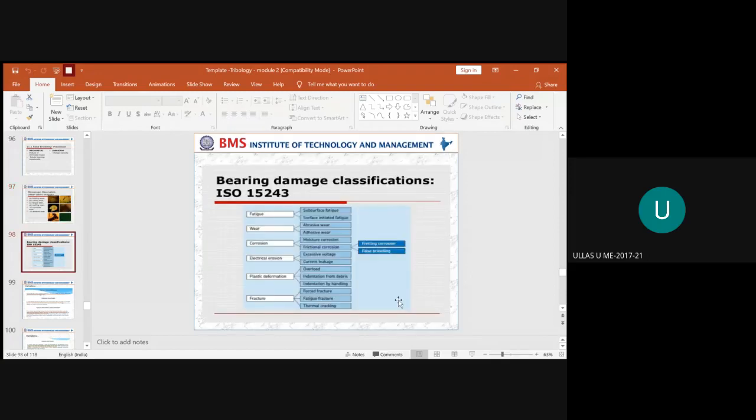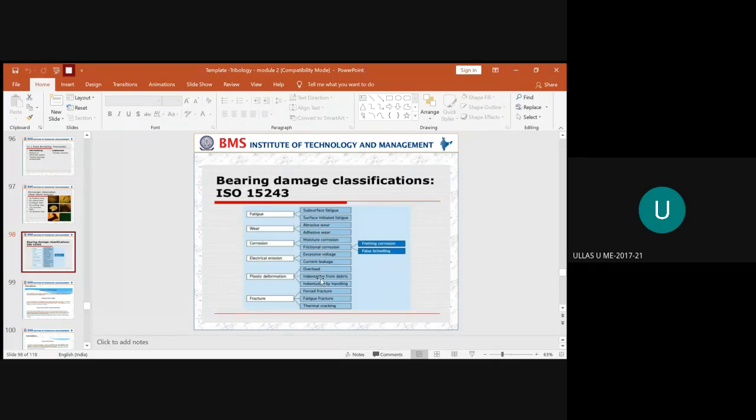I have just taken an example of a bearing. Suppose the used bearing has been damaged. That could be due to various types of wear. The bearing can be damaged due to fatigue, wear, corrosion, electrical erosion, plastic deformation, or any type of structure. Then you should be able to evaluate how the subsurface of the material looks when it is under fatigue, or how the surface is initiated when fatigue comes into the picture. And again, if the bearing has been damaged by wear, whether it is due to abrasive wear or adhesive wear, we have studied all the types of wear.